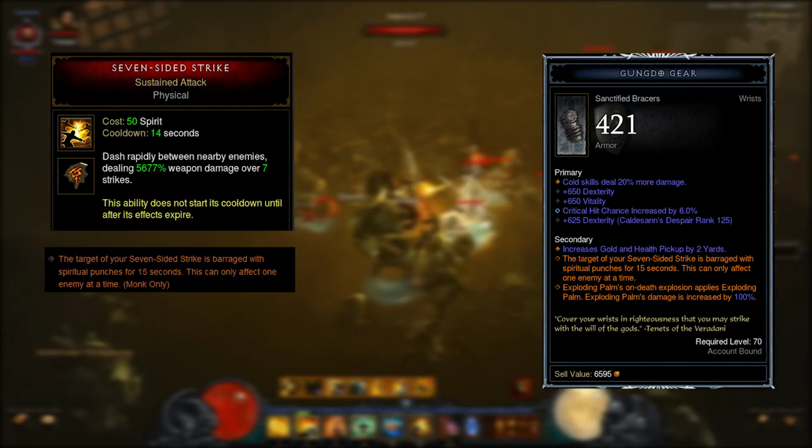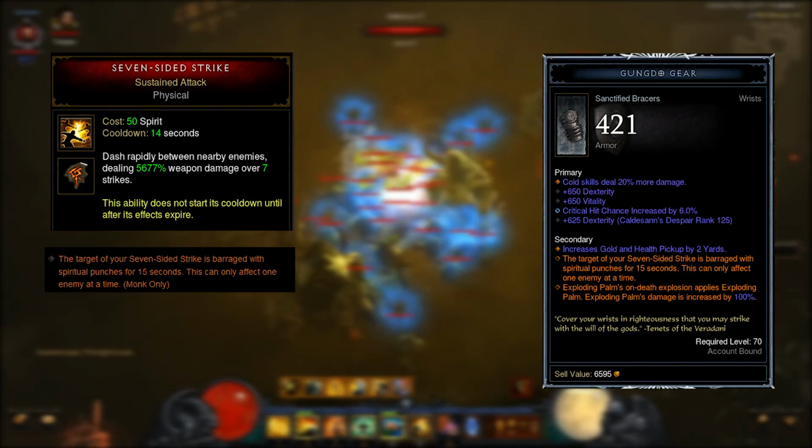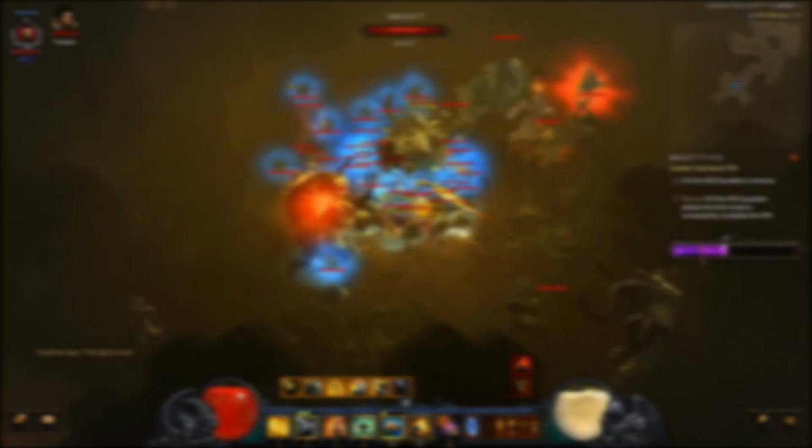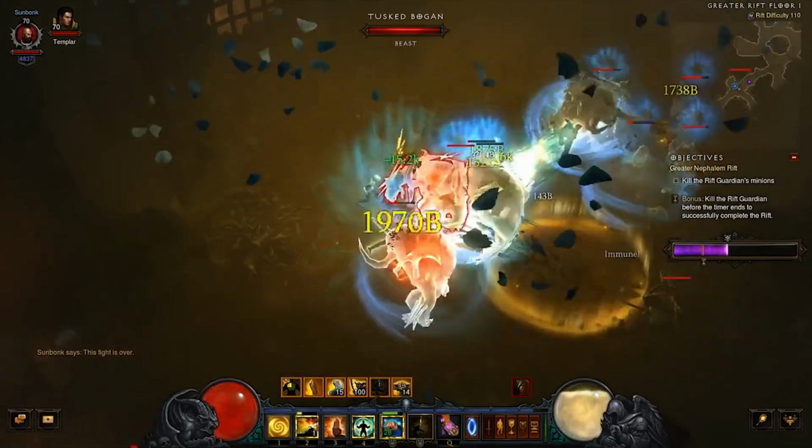If you are unfamiliar with Uliana's playstyle, the goal of this set is to kill at least one enemy with an active palm to activate an explosive chain reaction, and this Sanctified power is what makes it good for pushing